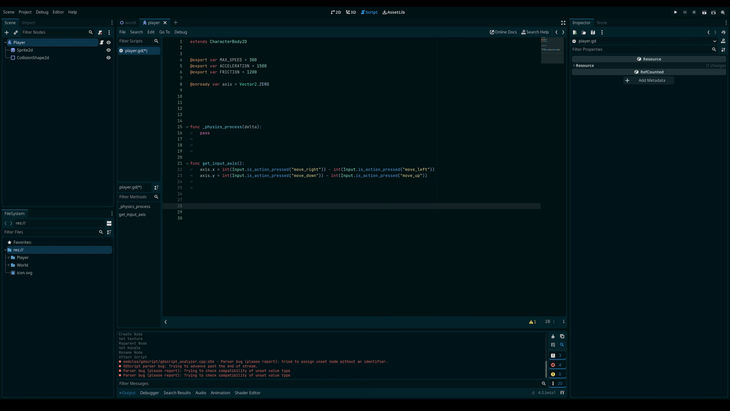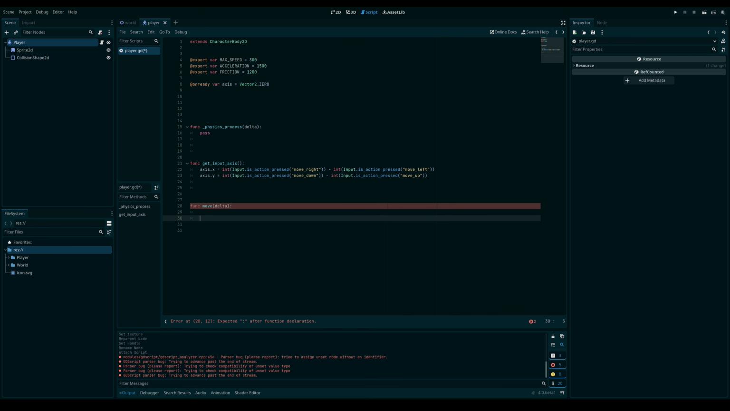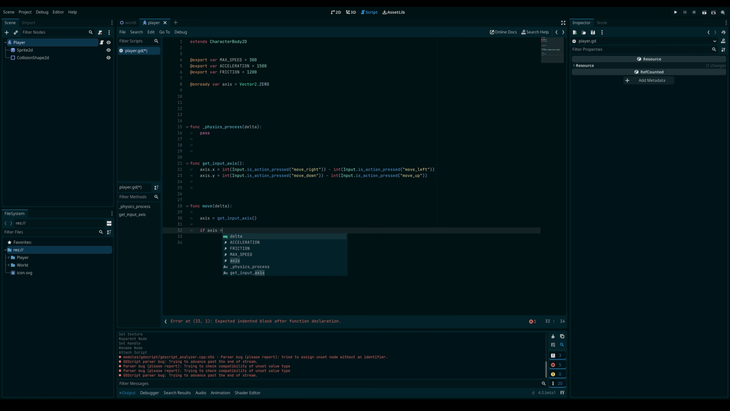Next up, we'll need to create a function called move, and inside of here we will need delta so that we can sync our movement to the frame rate. And the first thing we'll need to do inside of this function is set the axis equal to get input axis. Now we'll check if the axis is equal to vector2.0,